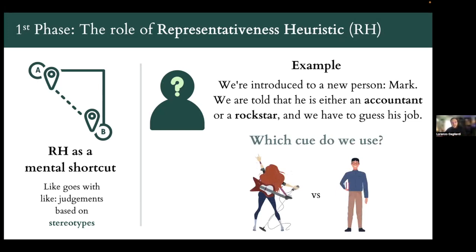Does he look more like an accountant? And so you take, as I said, a shortcut in a sense. Sometimes outfits do resemble profession, but that's not always the case. And when it's not the case, you end up committing a deviation from thinking in a more deliberate and analytic way. So